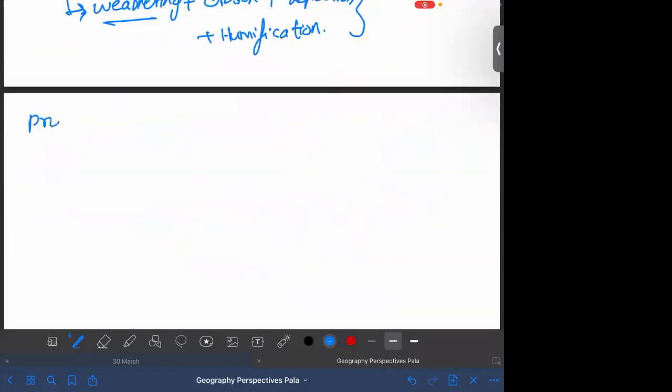Now you will see the different factors that are leading to soil formation, or the processes that are happening. Okay, processes of soil formation. And largely speaking, there are two types of soil formation processes. Okay, I'll come to that. First, let's write the soil forming processes that are happening. Okay, alluviation. First one is alluviation.